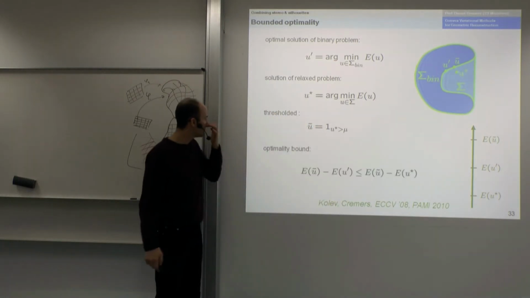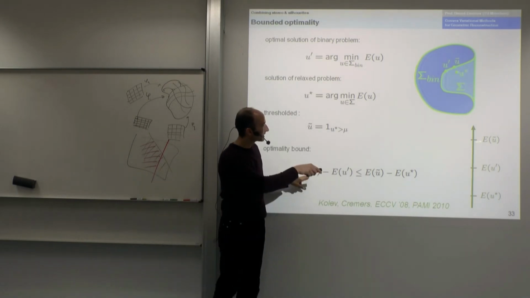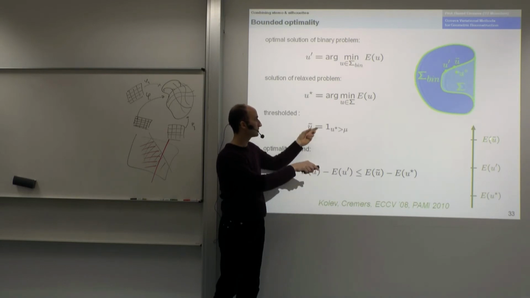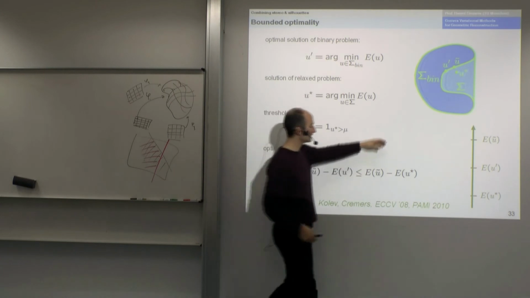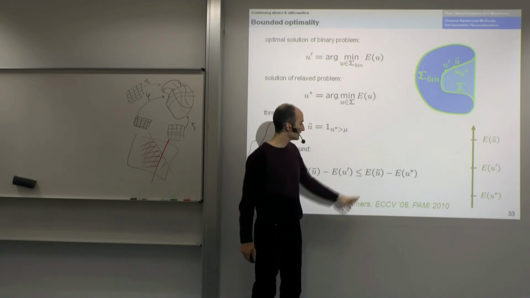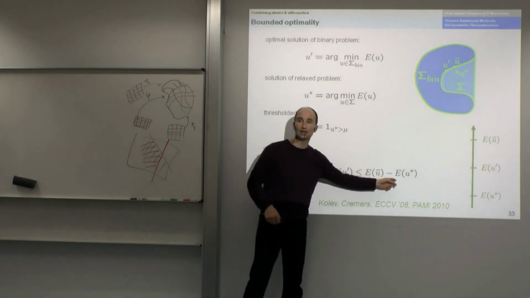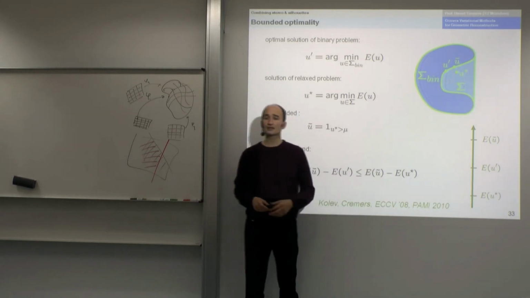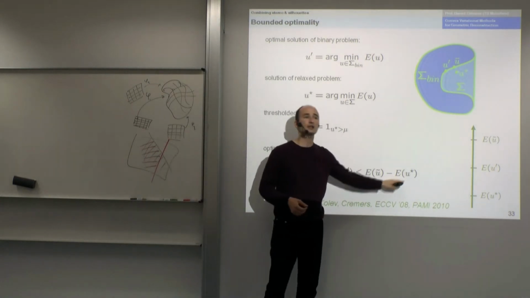And so you could write an inequality out of this, basically saying that the gap between what I did compute as a binary solution after thresholding and what I wanted originally is smaller or equal to this gap. That's the difference between the thresholded and the relaxed one, and I can compute that energy gap. And so in practice, we lose optimality, but we can compute an energy gap that tells us